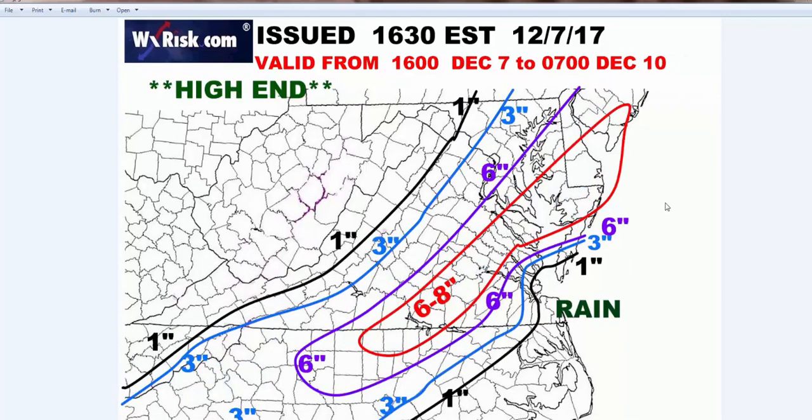Now, this is high end. This is my top end. If the model trend continues and the data continues, we could see this. So that's also impressive. This is a big range. The borderline temperatures here are a real problem. I want to make sure that trend continues. And if it does, we'll start to move in, and the first call and last call maps will begin to increase the snow amounts.